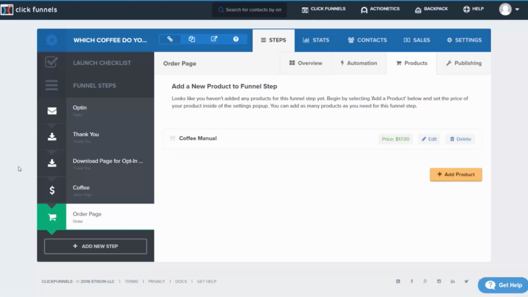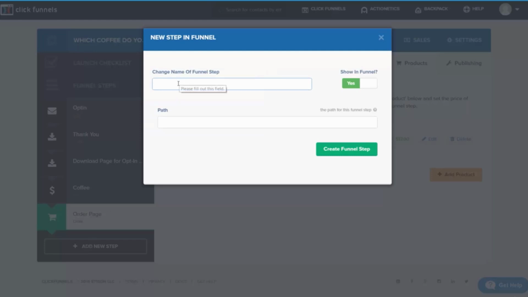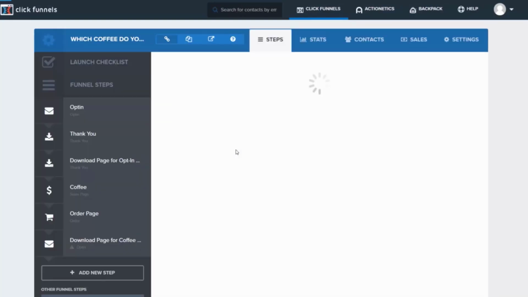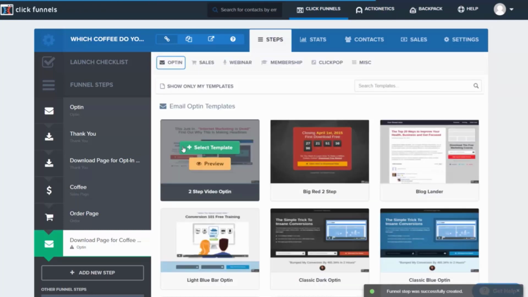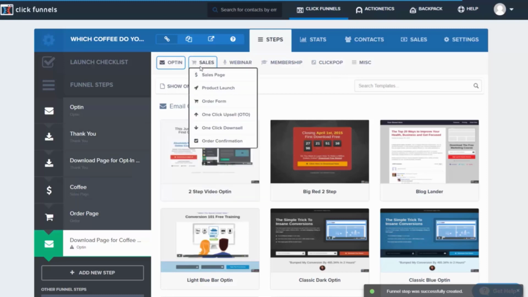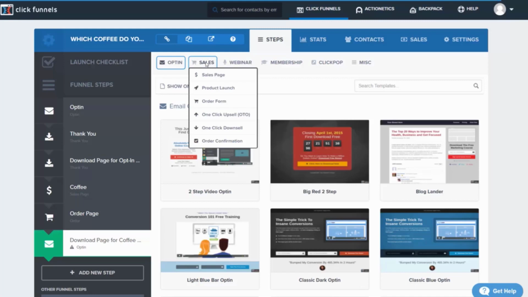Welcome back. Now in this video, we're going to create the download page for our product. So we're going to add a new step, and we're going to call this download page for the product, and then we're going to click create. We're going to create the funnel step, and then we are going to then go to create a download page, and we're going to come to